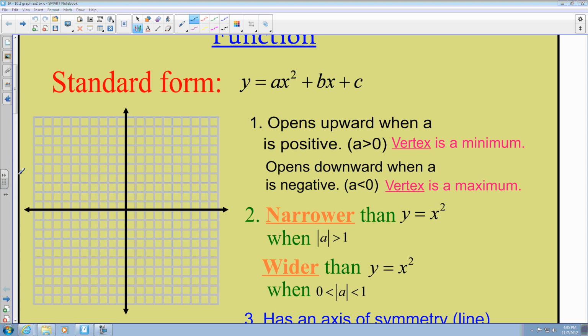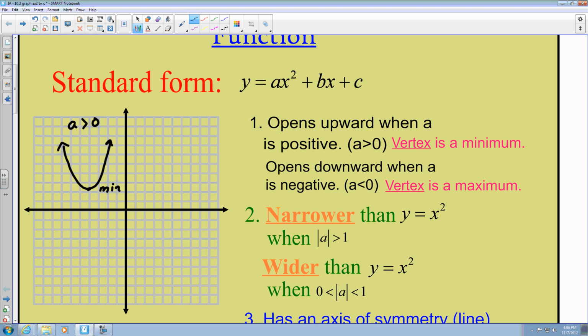So for instance, if I were to draw a parabola such as this, and it's going up in a positive direction, this means that if we were using our standard form y equals ax squared plus bx plus c, and we see that our graph is in an upward direction, this means that our a would be greater than 0, which also means that a would be a positive number. And if I am asking for the vertical minimum or vertical maximum, in this case, this one would be a minimum,